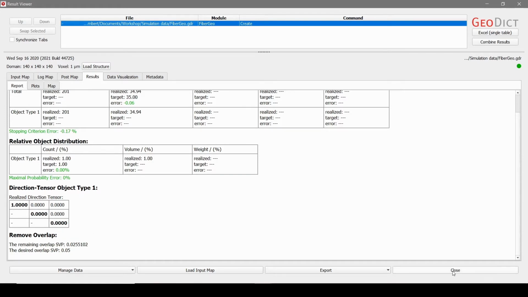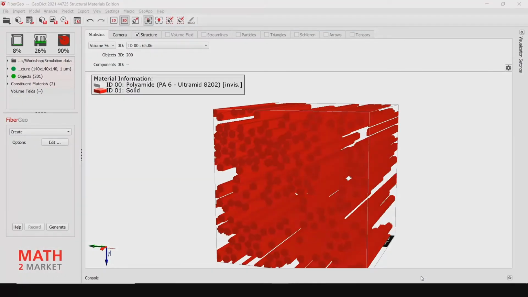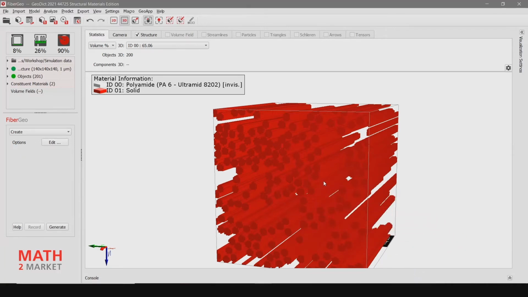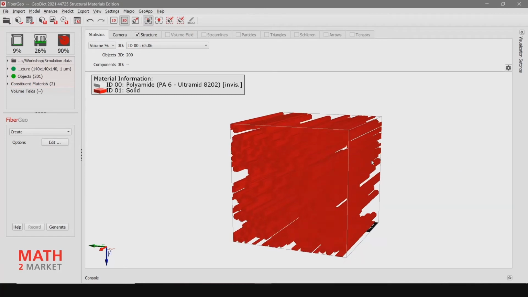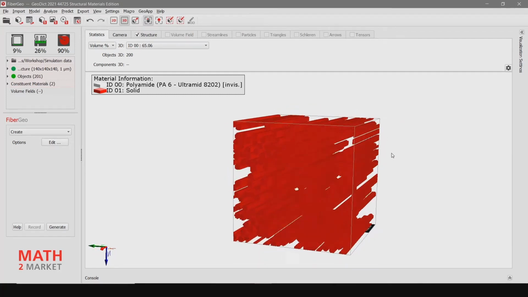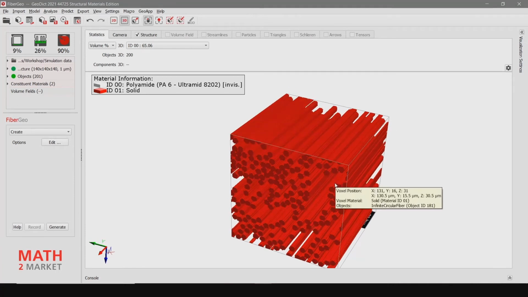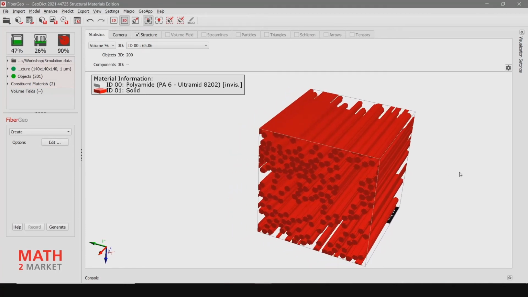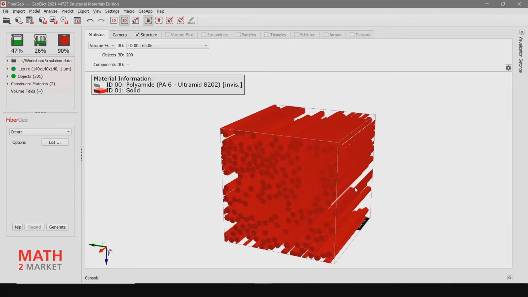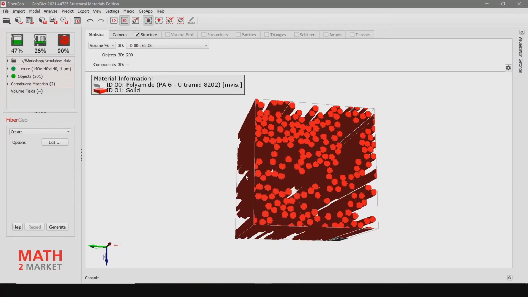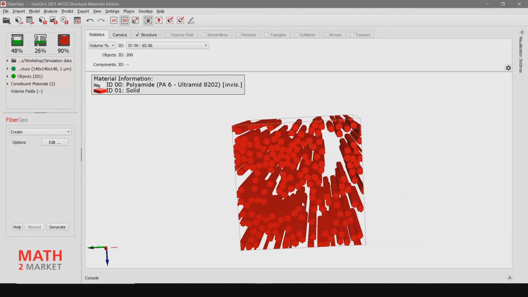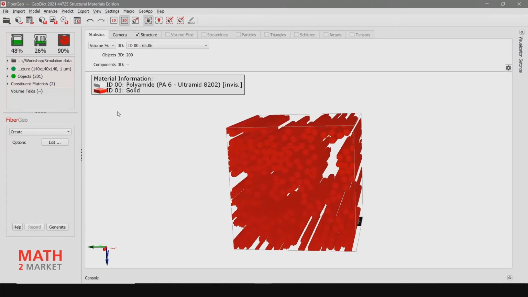So now we close the result viewer and have a look at the structure. First of all, we are going to turn the structure to get a better look. So you do a right click and zoom in and out, and then with a left click you can turn it. You can move it by pressing on your mouse wheel. So look at it from all sides. And then it can also be interesting to look at the 2D view.